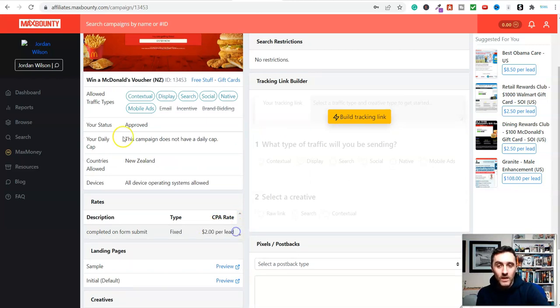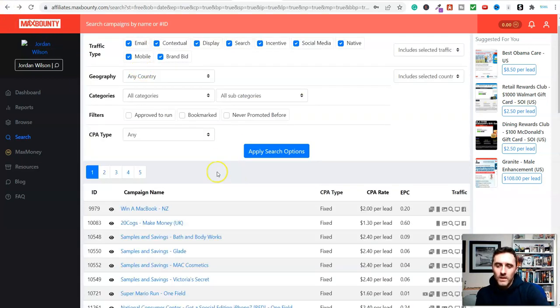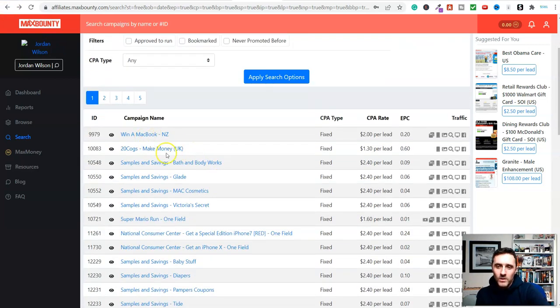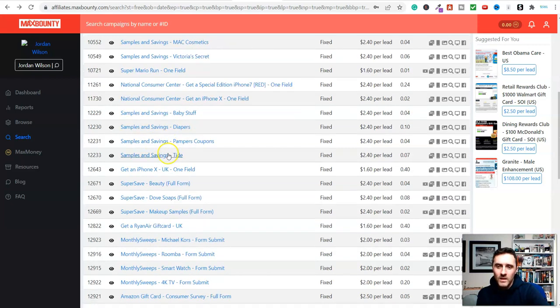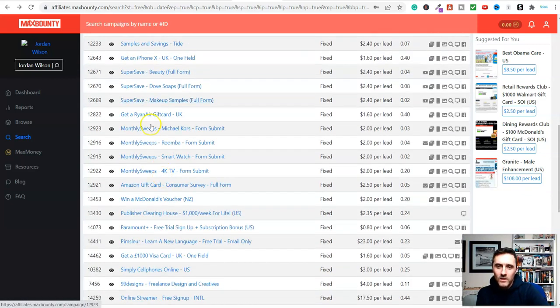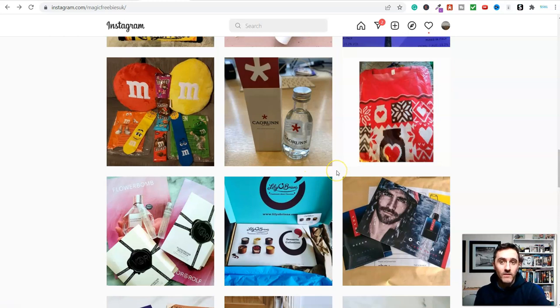$2 per lead. And here's the cool thing, in this example, this campaign does not have a daily cap. So you can send as much traffic to this page here and they will pay you $2 for every single lead. If I then scroll down the page here, look, win a MacBook, we've got UK, and as you can see here, this works in any country. So if I come further on the page as well, look, win a Ryanair gift card. So the first method is you could create a page like this whereby you're just posting and sharing these different